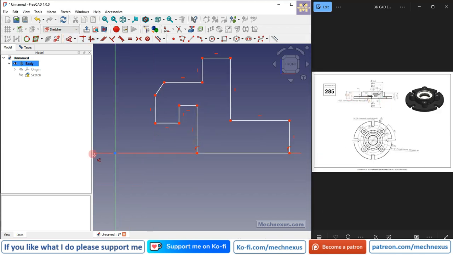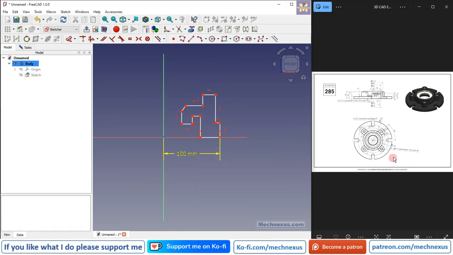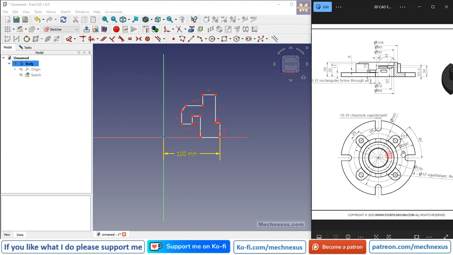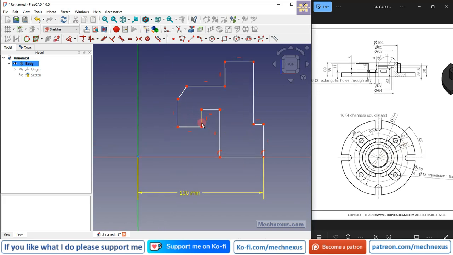Select smart dimension, and we will select this end point and provide the dimension. This is the radius of 100 mm, because our diameter is 200, which we can see here. And now let's provide the further dimension. This point is of 42,